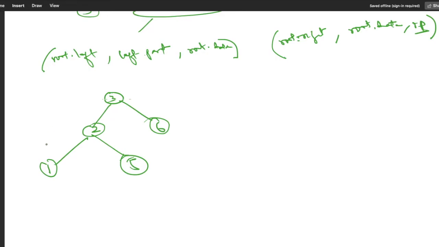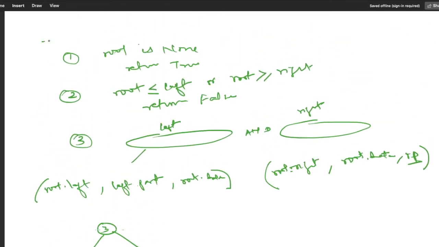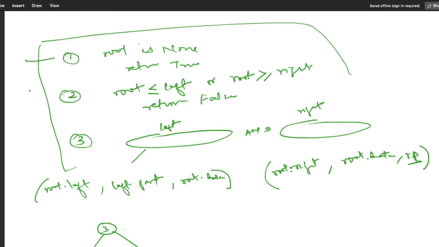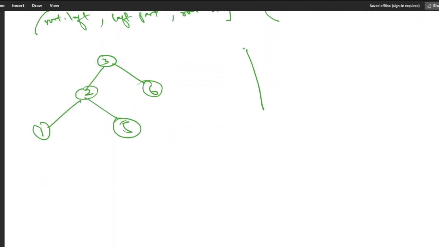So we'll try to execute our logic on this binary tree. If you see here, in our condition we have 3 lines, first, second and third, and in the third line we have two condition checks, A and B. So let me explain here. In our recursive function call we have 3 lines, and in the third line we have two things, A and B. If A and B both return true, then it will return true.